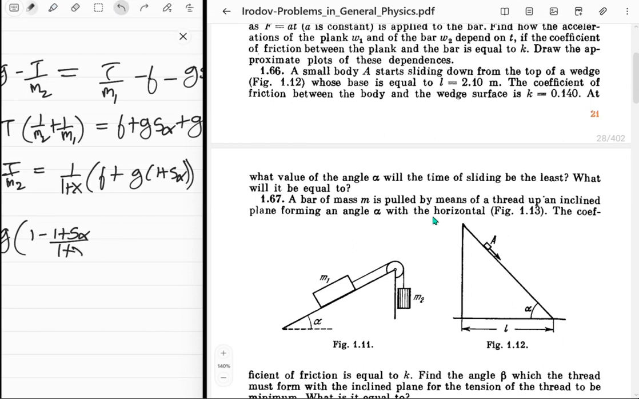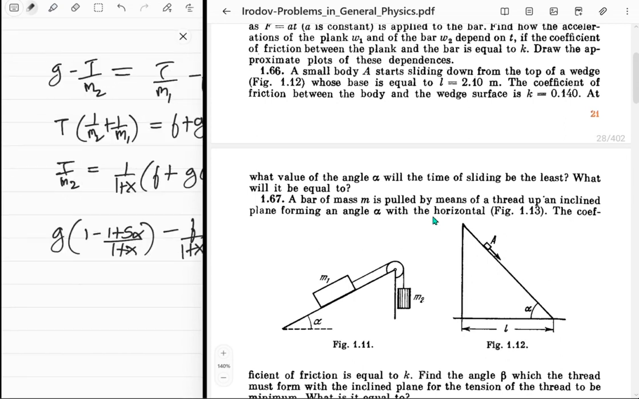Oh, okay, this is not g. It's minus the frictional acceleration upon 1 plus x, cool. Which is just, well, it's going to be x minus sine alpha. So g into x minus sine alpha minus the frictional acceleration, that upon